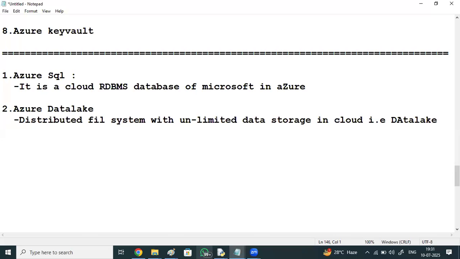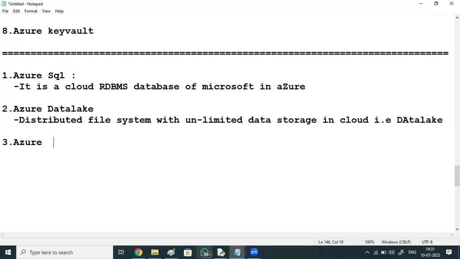It is a repository of large varieties of structured and unstructured data. Simply, if you want to store data in the form of files, use Azure Data Lake. If you want to store data in the form of tables, use Azure SQL. Then, Azure Synapse Analytics.